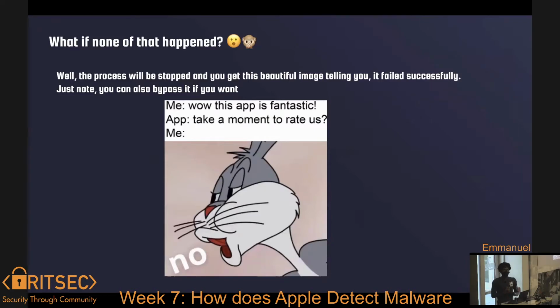So let's say the Gatekeeper says the signature is revoked, and Xprotect says, oh, this is a malware. If those two fail the test, the process would be stopped, and it's going to just tell you, stop. Are you sure you want to do this? This is definitely a malware. We can delete this for you. Are you sure? It asks you a lot just to make sure you want to do it. And at that point, it's just up to the user. It's a user consent. So if you want malware in your computer, you can have it. If you don't, you don't.